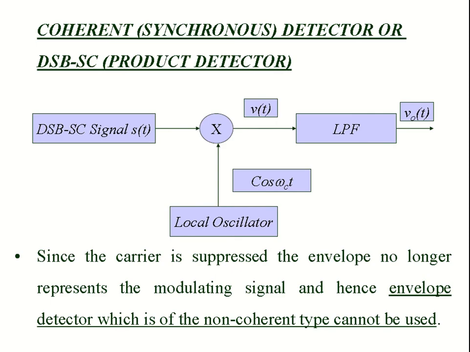Welcome back class. So last time we learned about double sideband suppressed carrier modulation, and we know that we can do the demodulation by multiplying the modulated signal with the carrier, and then we pass it through the low pass filter and we will get this output signal, which will be our message signal.